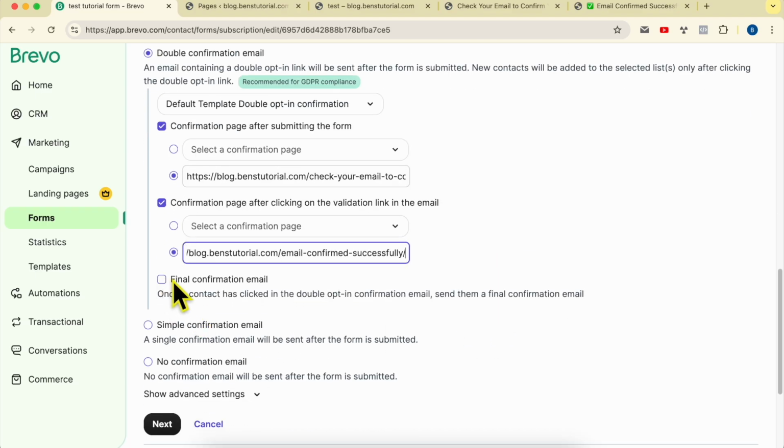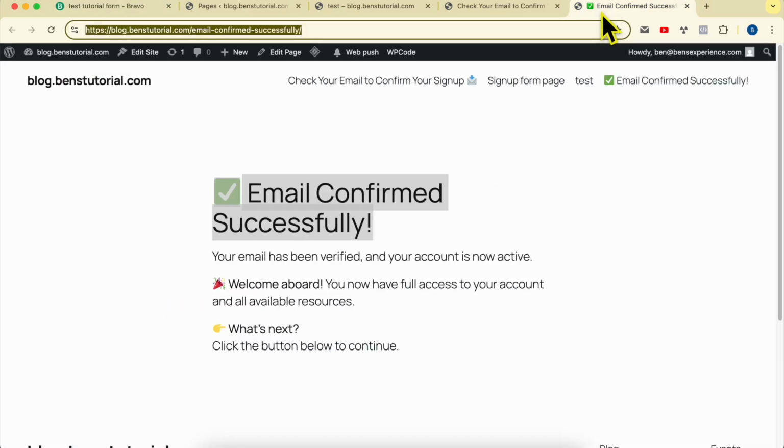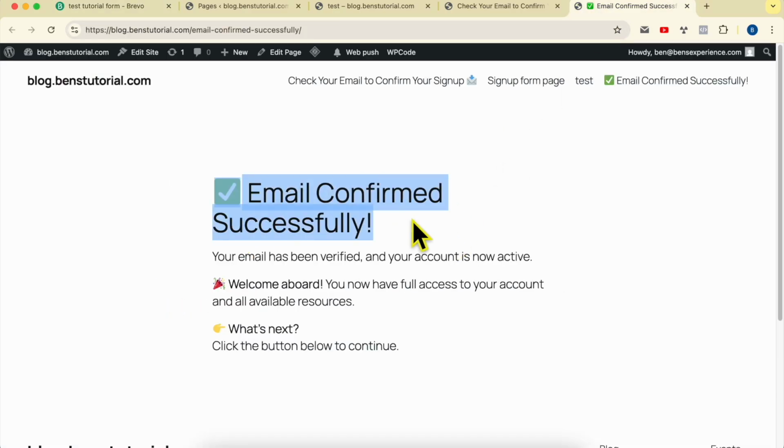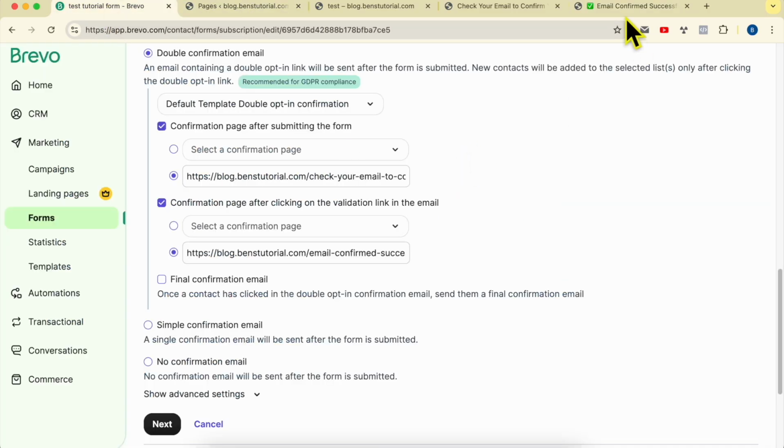And here, personally, I don't check this box next to final confirmation email, because on this page, I already said that the subscriber email is confirmed successfully. So no need to repeat the same message on the page and also in the email message. Do not overwhelm the new subscriber with too many emails. After that, click on next